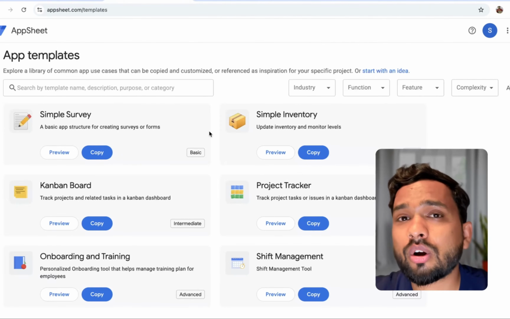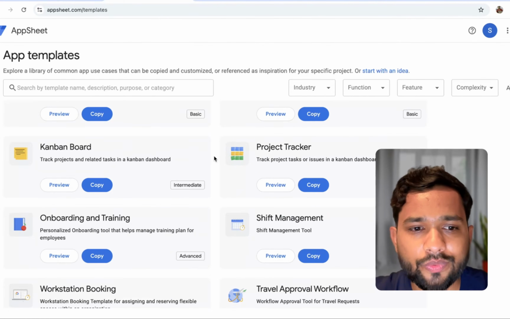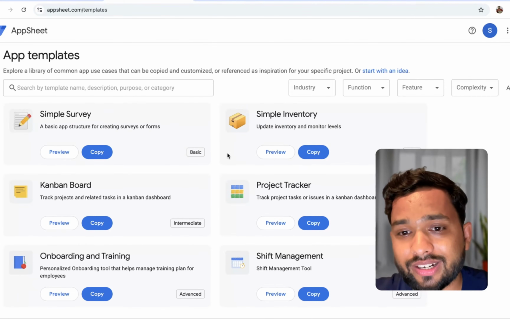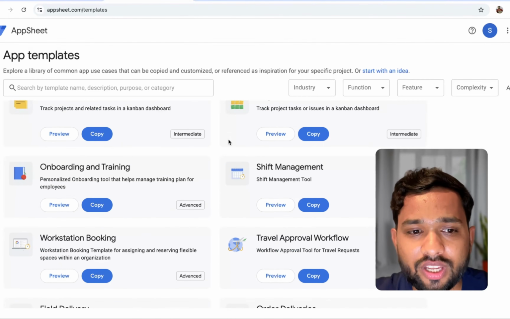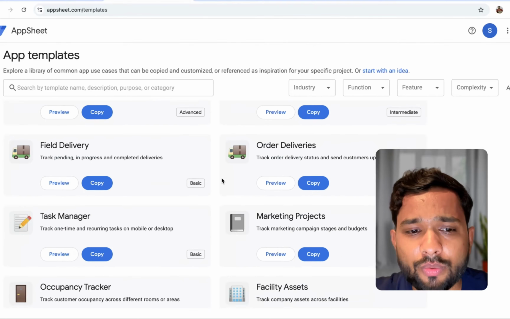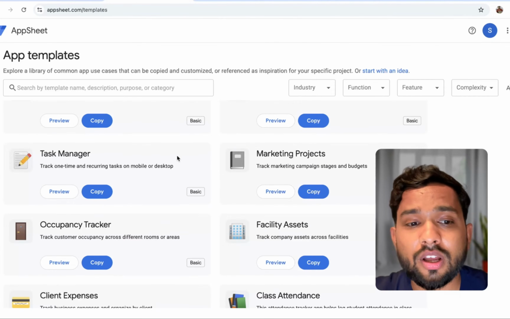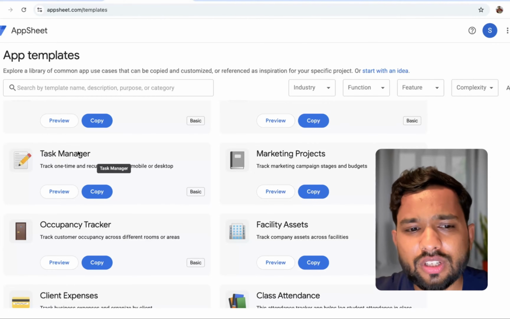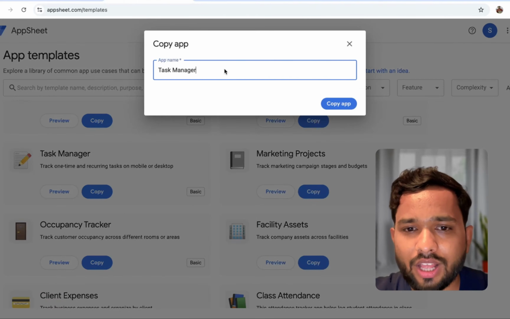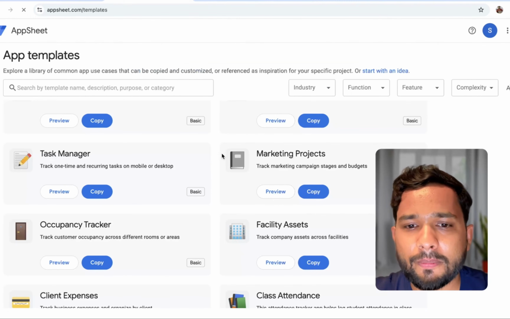There are a lot of apps that are already created. You just need to copy it. You can see the Kanban board, project tracker, simple inventory, onboarding training, shift management, order deliveries, marketing projects. There are a lot, but you can see the task manager, simple. So let me just try this task manager. Click on copy, Task Manager by TCT, then click on Copy app and just wait